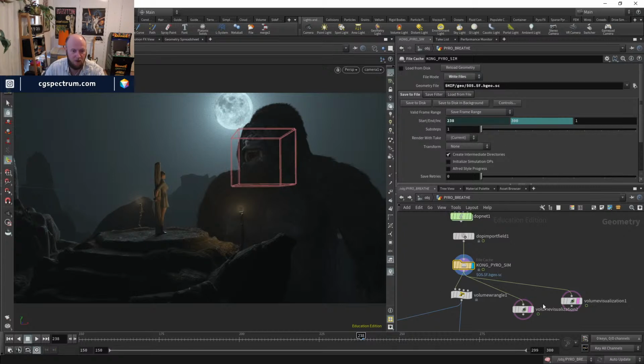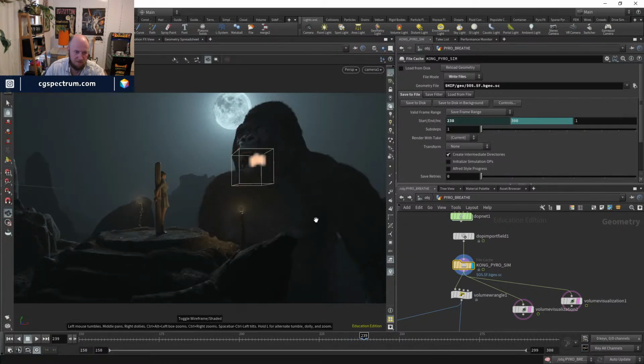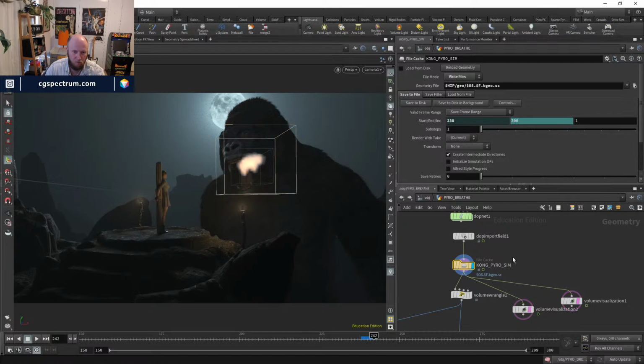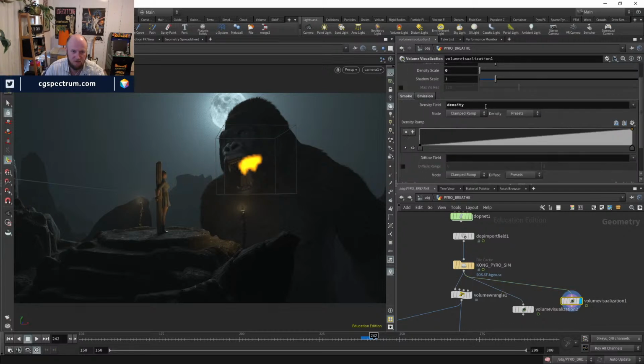What I like to do with pyro and flipbooks is just set your file cache to write files, and this will automatically write files. If I change frame now just by stepping through, it will write to disk. It's weird, I don't know why it's displaying like fire there now. I just want it to look like